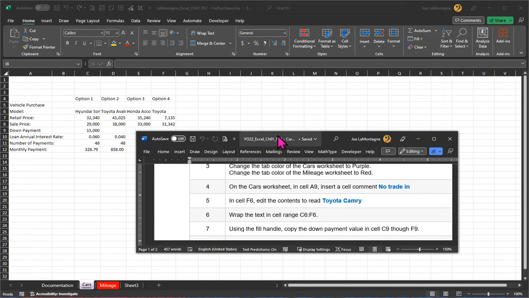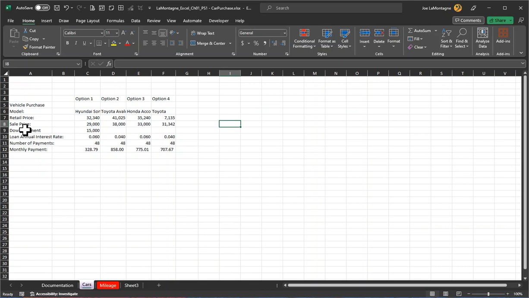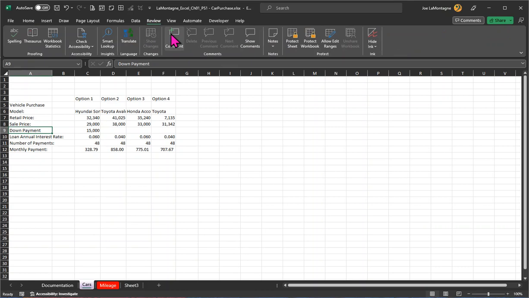The next one is we're going to insert a comment. As I mentioned in class, a comment is a discussion, it's a conversation. So we want to make the comment no trade-in for cell A9. So I'll click on cell A9, go to review, and we'll choose new comment. A note is a post-it note. The comment or the new comment is a discussion. Someone else could open up your spreadsheet and they could add to your discussion. So we're going to click on new comment, and then this is going to be no trade-in,